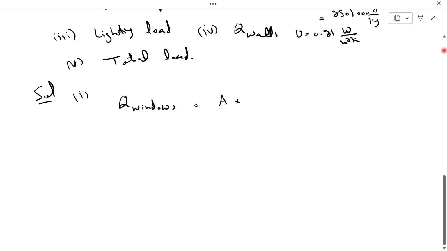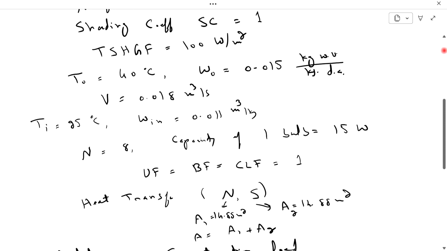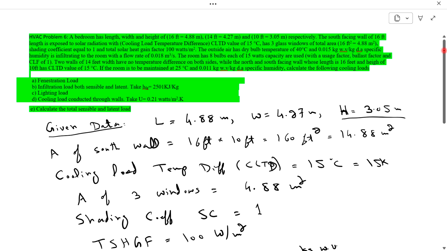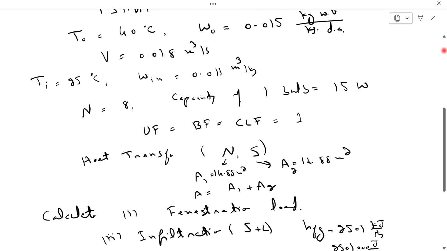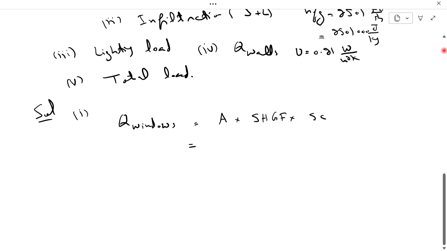Area multiplied by solar heat gain factor multiplied by shading coefficient. So area of the window, this is not area of the wall, but area of the window. Area of the window is given to us for all three windows, 3 class window of total area 4.88 square meter. This is area of the 3 windows. So this is not 14, but this is 4.88